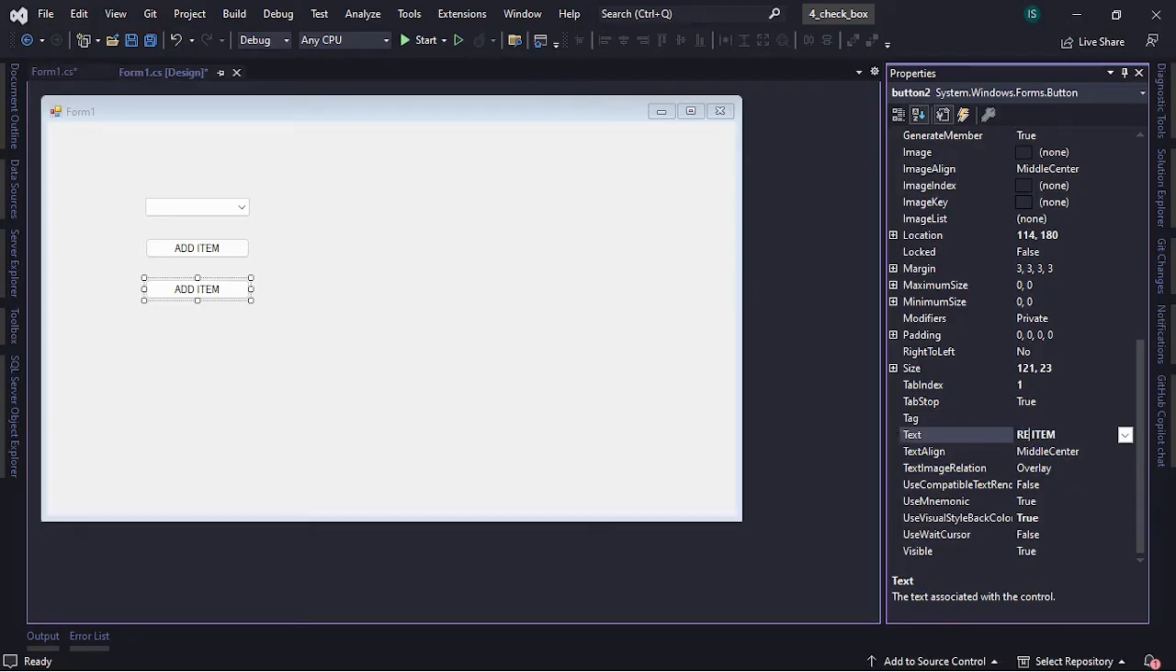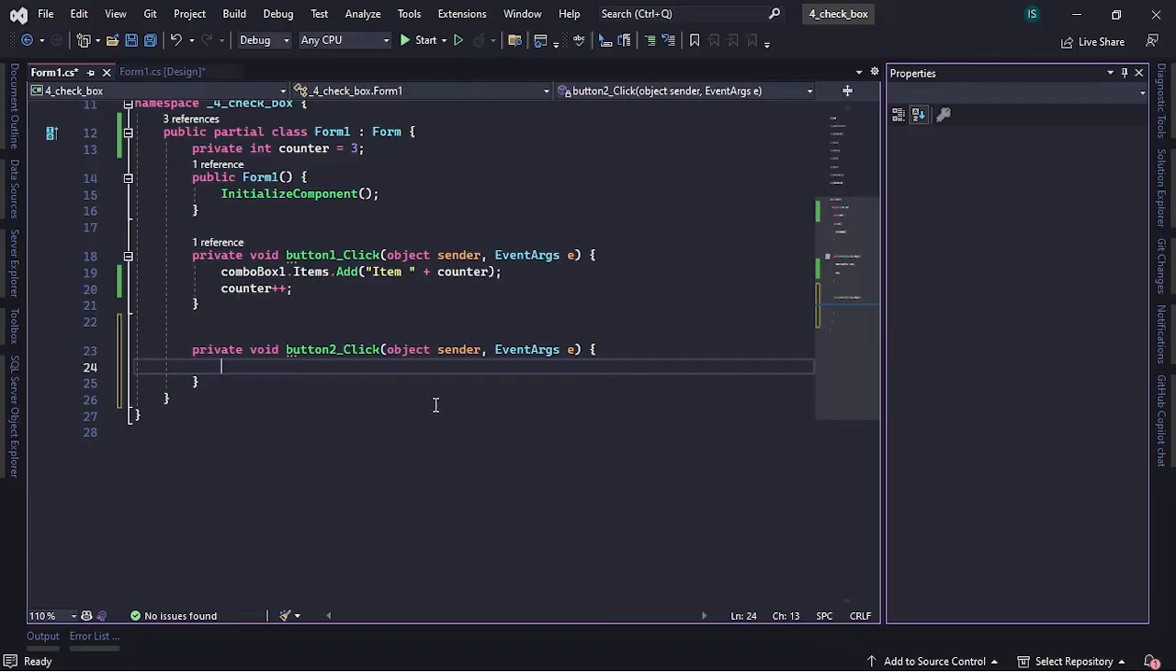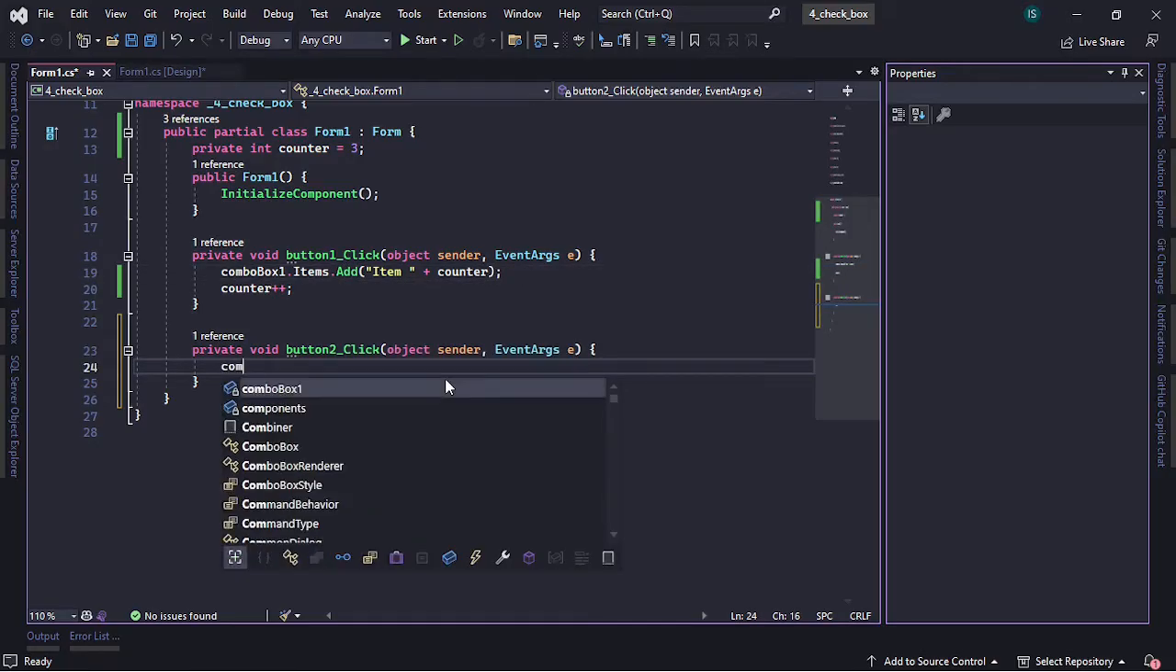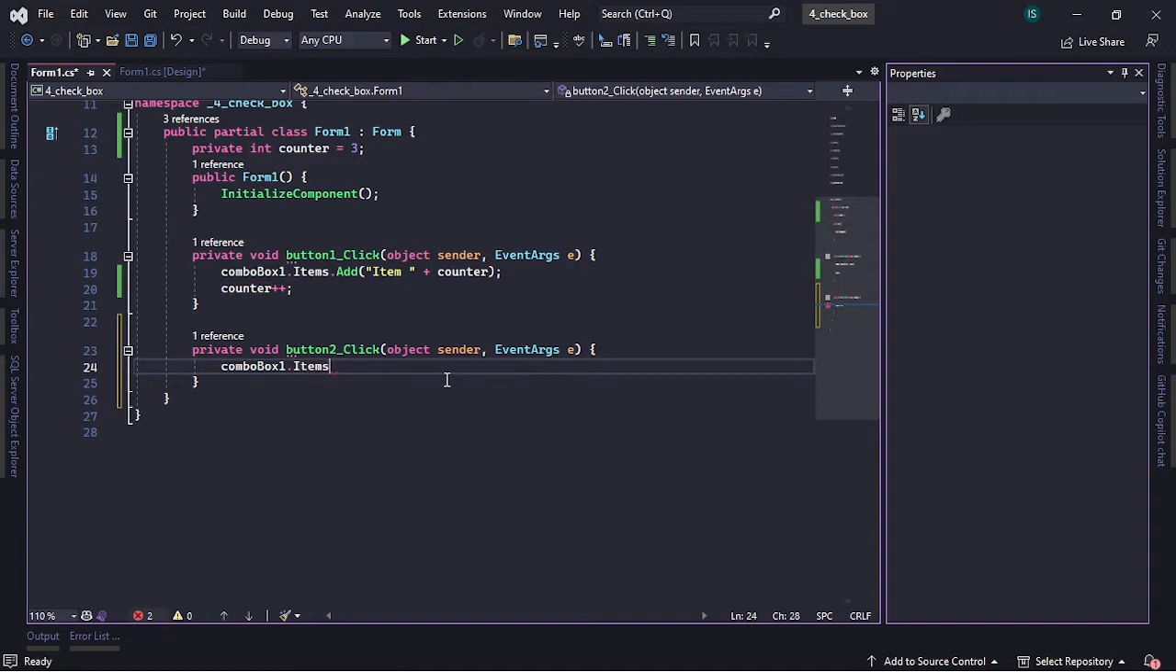Remove item. And here I will just double click on it. Okay, so how can we do that? Well, it's easy. So here we did add, we have remove. So comboBox.Items.Remove,